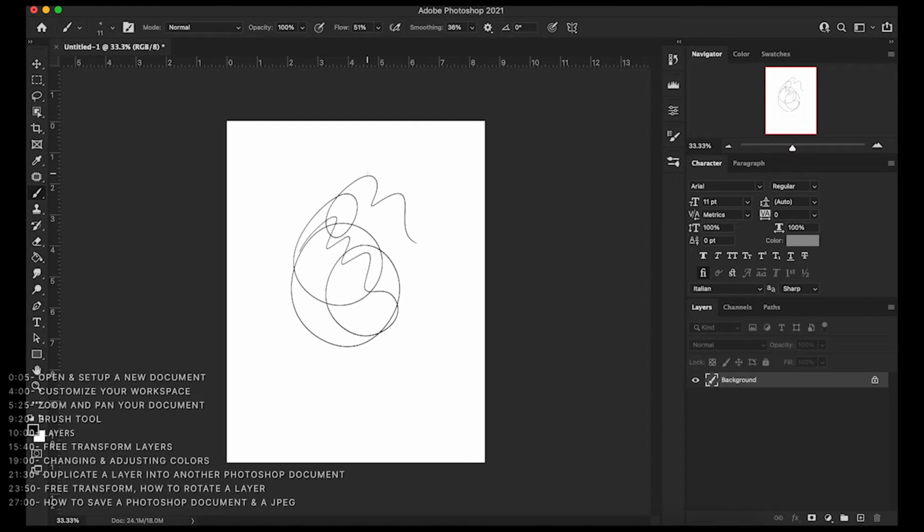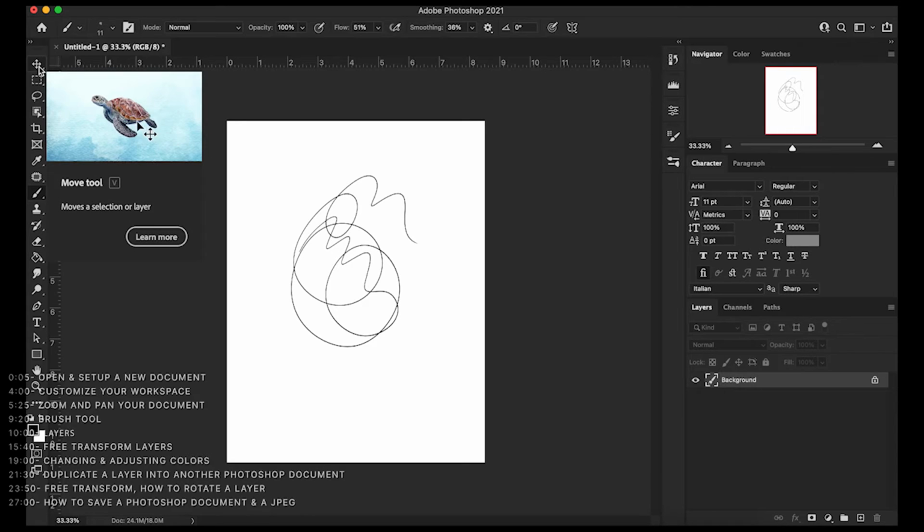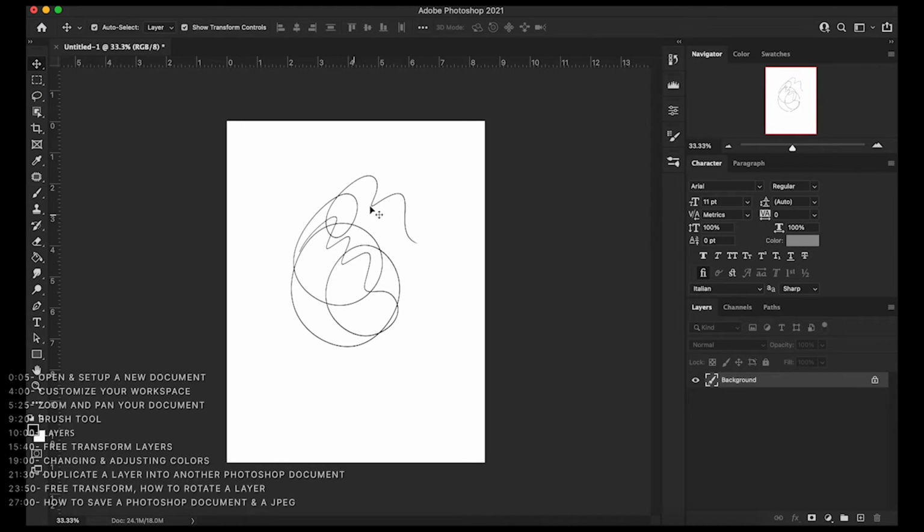I don't want to dive too deep into this because we're gonna do a lot of stuff on this down the road, but I just kind of want to introduce you to the basic concept. So that's the brush tool. There's a lot of things we can do to customize the brushes and get really deep into it here. So when I drew that, it showed up on the only layer that we have, which is the background